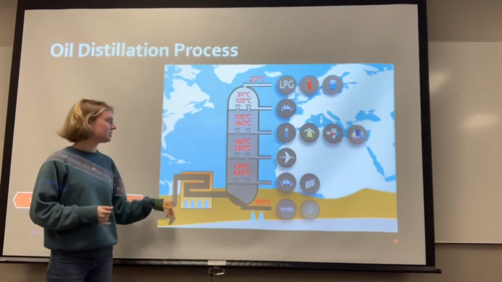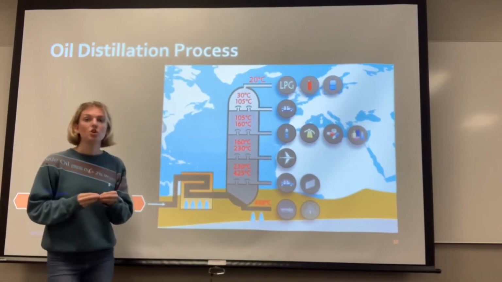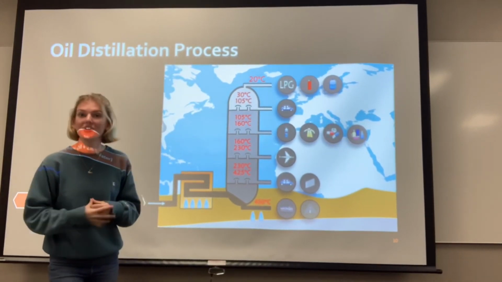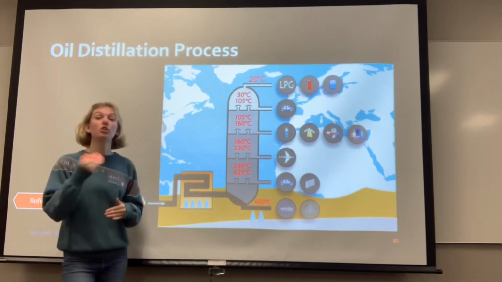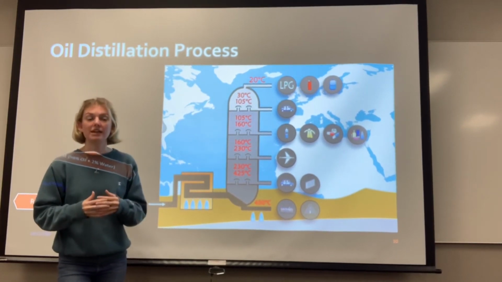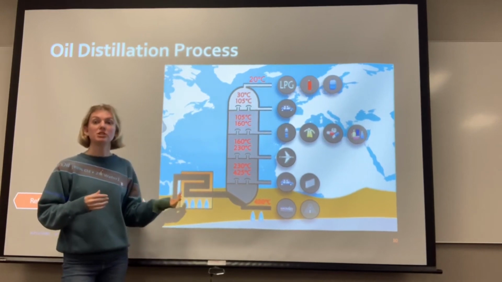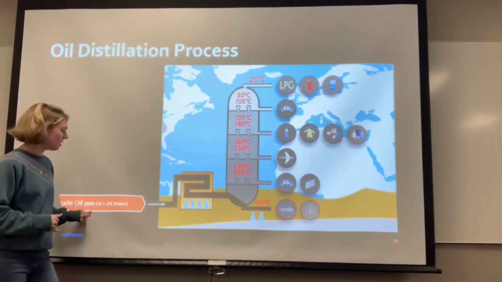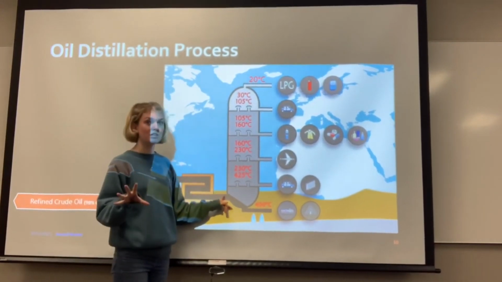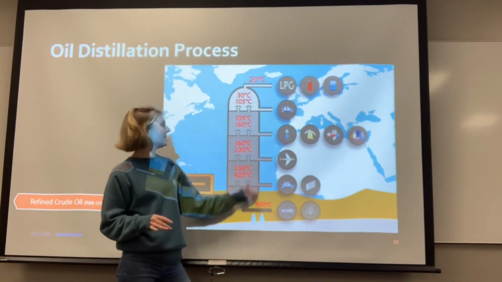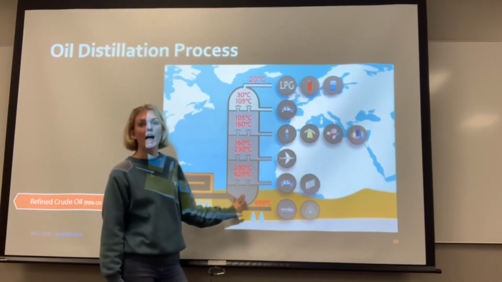Smaller molecules have a lower intermolecular force and a lower boiling point, so they turn into vapor much more easily. This refined oil is heated in the furnace until everything becomes a vapor, and then it is sent into this distillation refinery column,